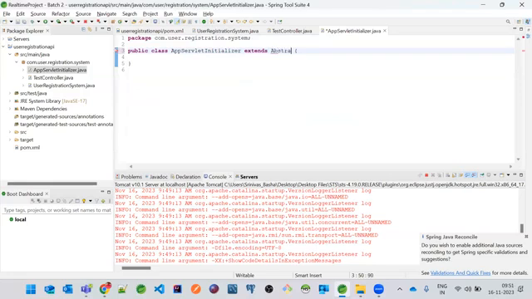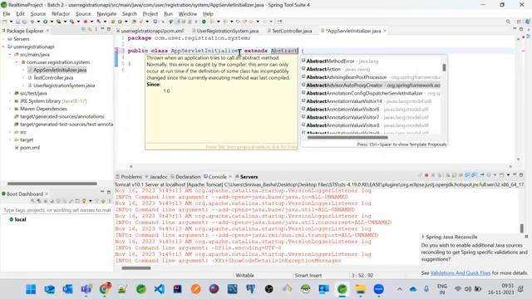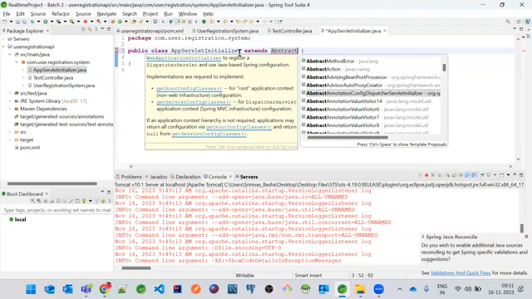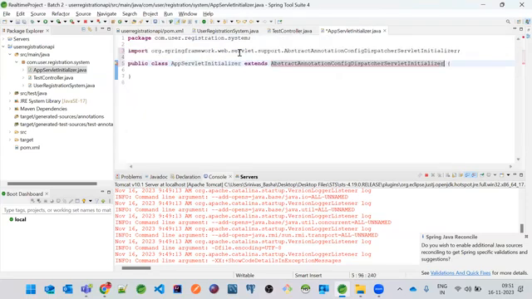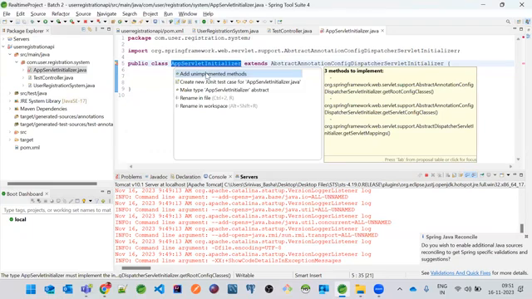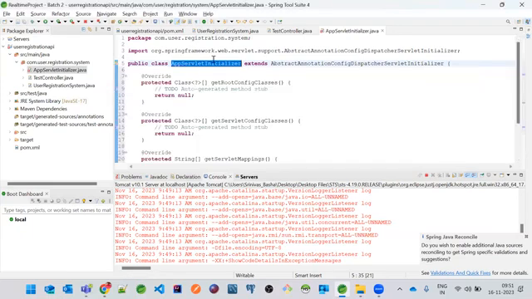So there is something called AbstractAnnotationConfigDispatcherServletInitializer. So this will initialize our dispatcher servlet. So dispatcher servlet is the servlet which runs on a Tomcat server and it accepts the browser requests. Okay. Now to make it work, we need to configure some methods.